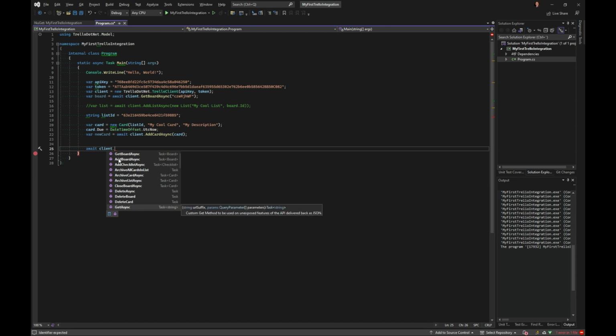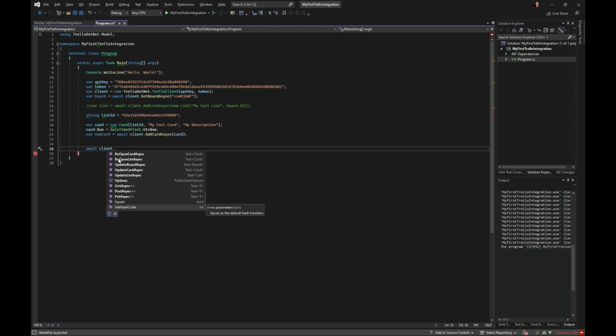Delete board, delete card, get async, which is again a custom, get anything that might not be exposed, get a card, get cards in lists, get cards on the board, get the cards on the board filtered, so you might only want the closed ones, for example. Get the checklists, get the checklist on the board, get the checklist on that card, and so on and so forth. You can see there's various different things you can do, and also generic post and put for add and update, reopen, update cards, update list, and so on. So everything is here as you need.